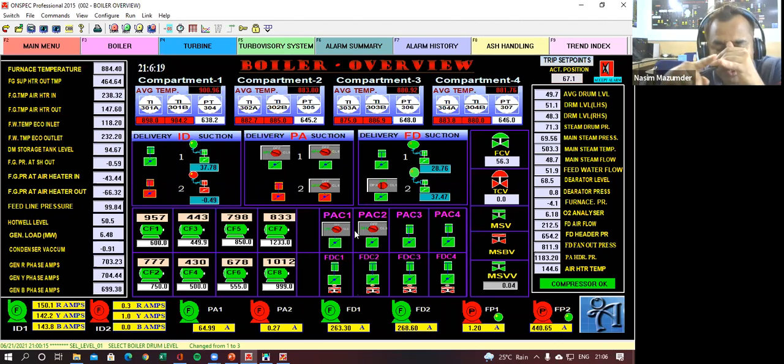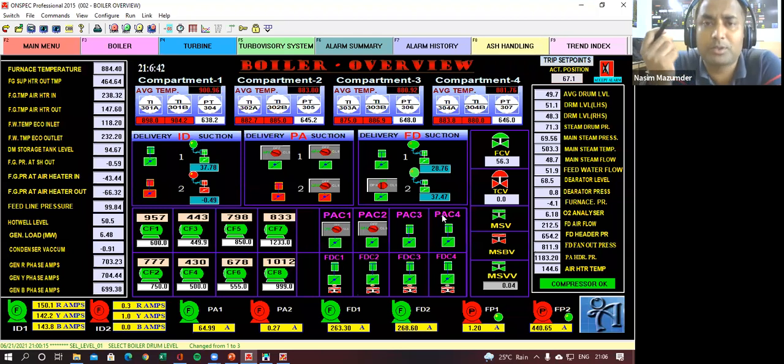Now, each and every point where our focus should be: first of all, if your control valve is not working, then check whether your I2P is giving the right output or your PLC is giving the right input to the I2P. First, I have to check the channel. Remember one thing, if it is an analog signal, always check 4 to 20 milliampere.